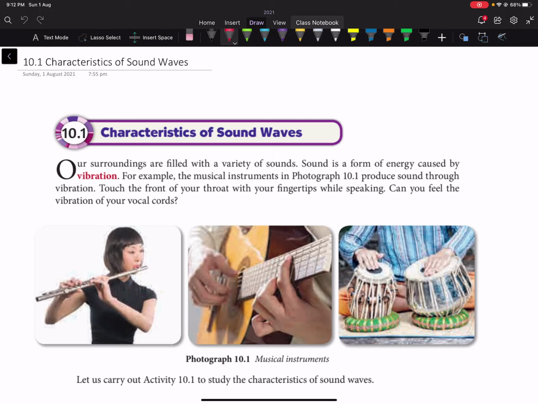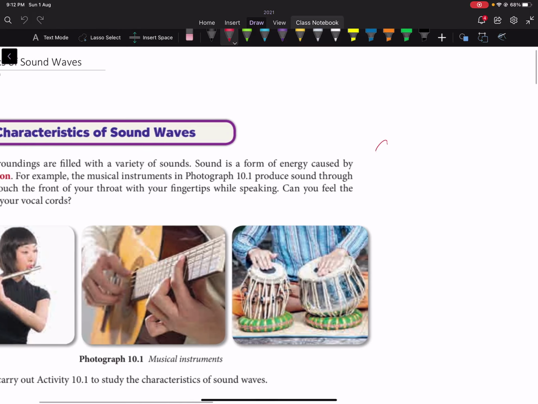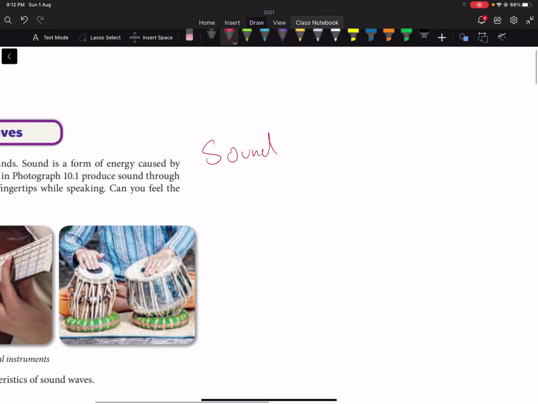Can you hear this? See? Sound. Sound is a form of energy, caused by vibration. For example, the musical instrument in photograph 10.1 produced sound through vibration. Okay, so here's what you can do. Try touching your throat and then talk. Can you feel the vibrations on your throat? So basically, sound is produced by